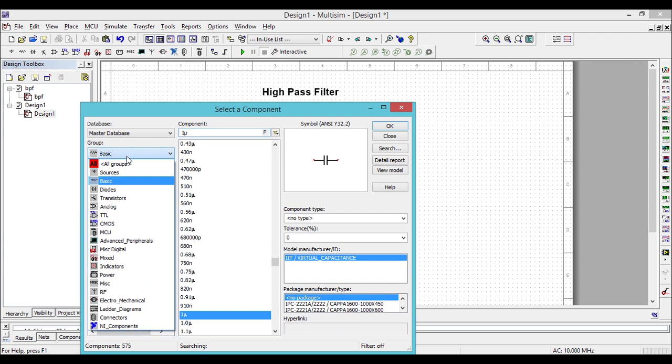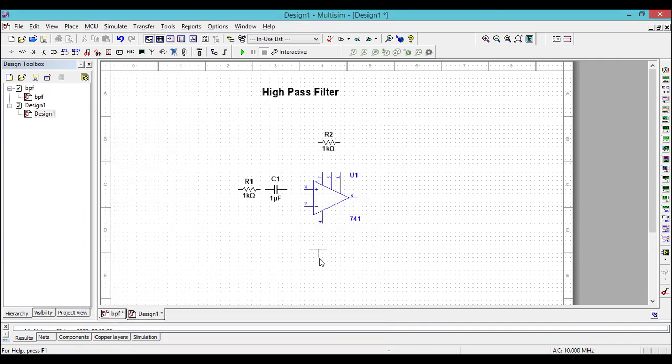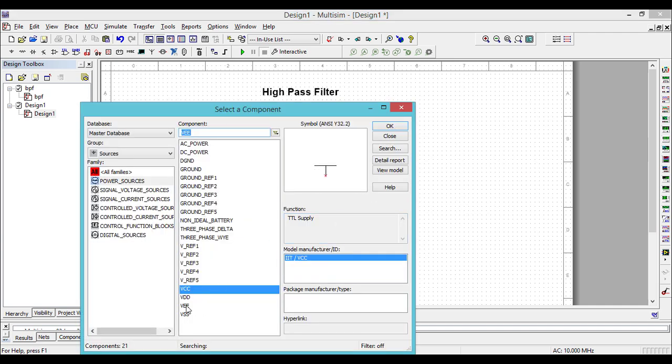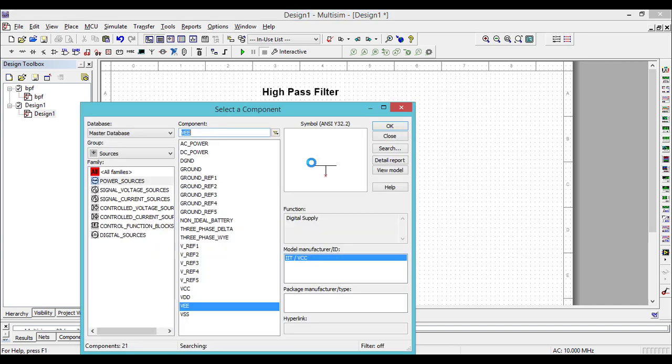Then power sources, VCC. Use Ctrl R to rotate your components. VEE. Ground.